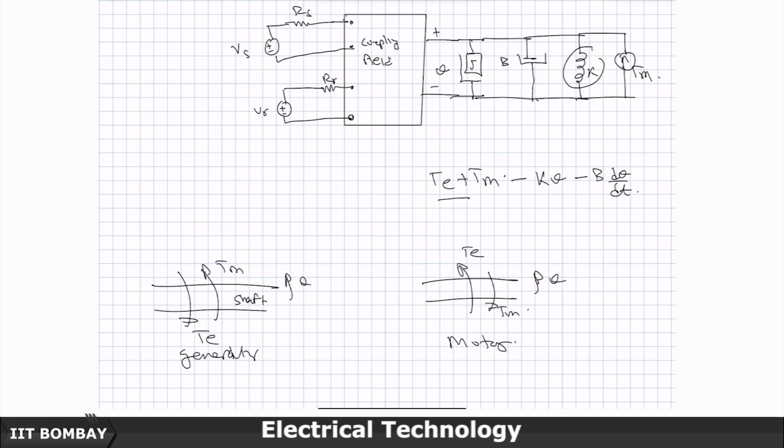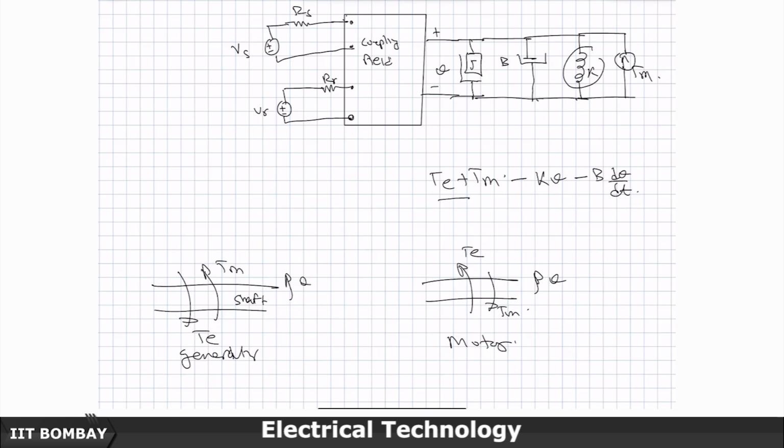As a first principle, that is proportional to the velocity at which you are trying to rotate. The higher the velocity you want to rotate it at, the more opposing torque it will create, and you will have to push that much extra torque to rotate it. So this is that component,